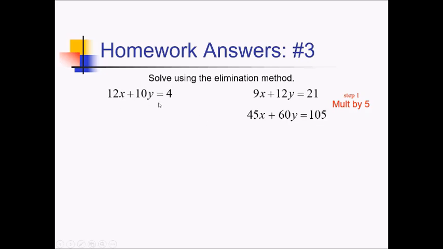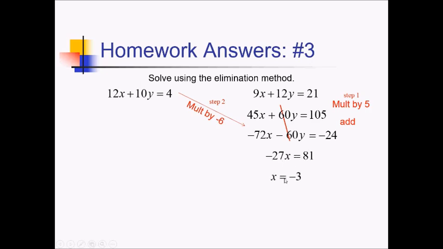And now I have to multiply this other equation by negative 6 because I want to get negative 60y to cancel with the positive 60y. So multiplying by negative 6 for this equation, that's negative 72x minus 60y, that's what we really wanted out of all this, equals negative 24. Now if I add these two equations together, those 60y's are going to cancel, and then I'm left with, let's see here, this is negative 27x on the left side, and on the right side of the equation, this adds up to 81. Dividing both sides by 27, we get x equals negative 3,